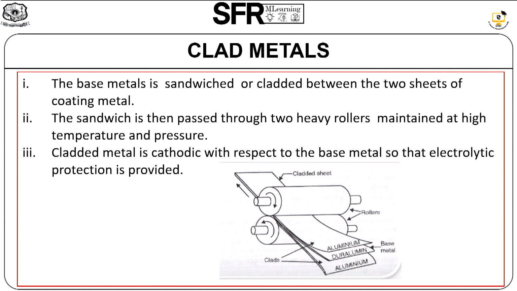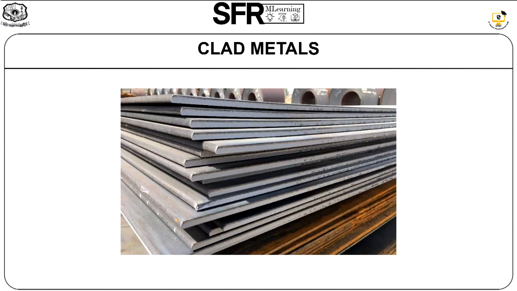Another example of the use of this technique is cladding of beryllium with a thin sheet of pure aluminium. The surface layer, that is the outside layer of aluminium, resists corrosion, whereas the inner layer of beryllium imparts high strength. This technique is relatively cheap in manufacturing. So this is an example of clad metals.